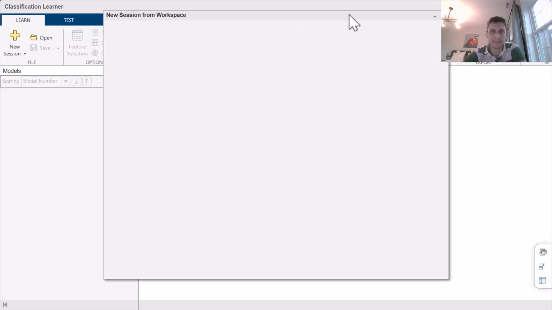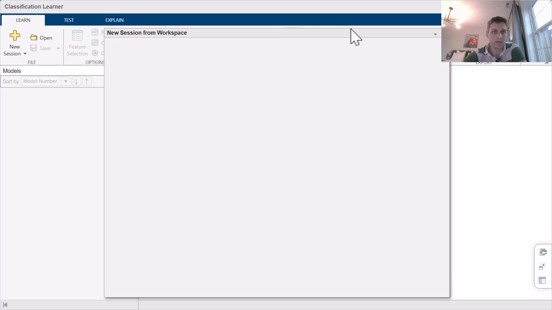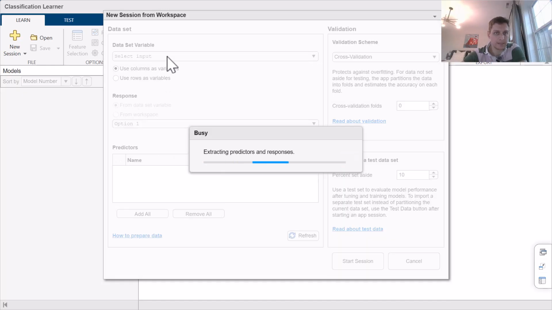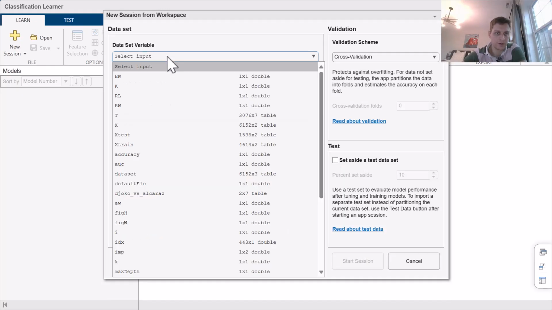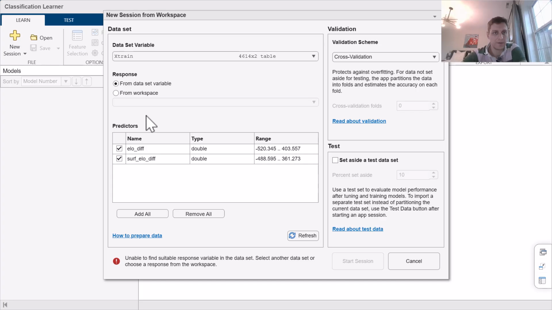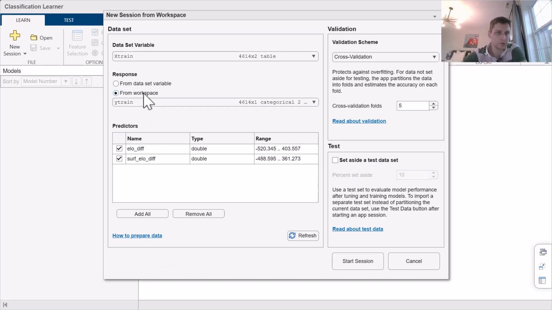We're going to select the training set from a whole bunch of inputs in my workspace. And the response, also selected from the workspace, is Y-train.